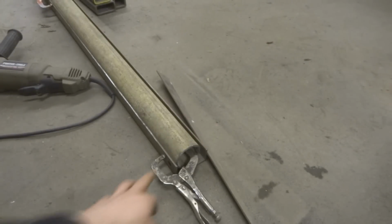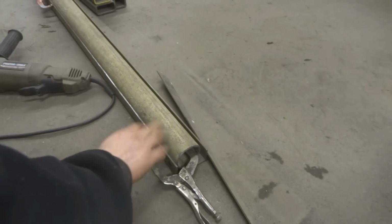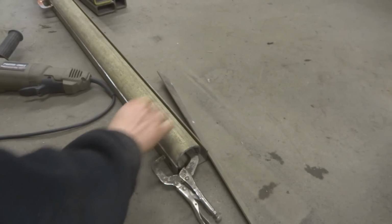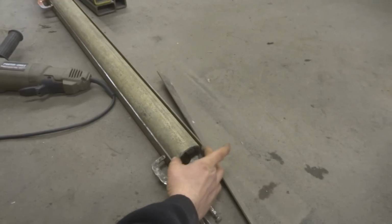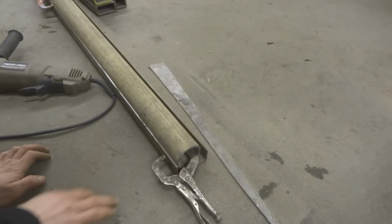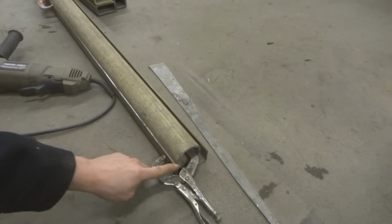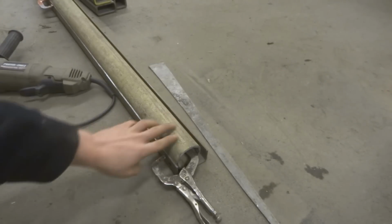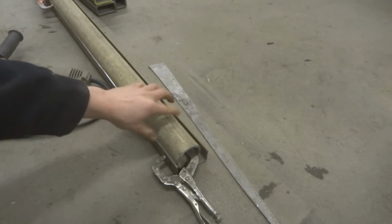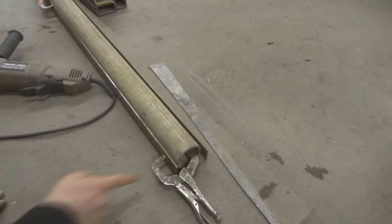Just a side note here, you don't have to have the exact size channel that you necessarily need, exactly half of this tube. Say this tube is 2.5 inches and you have any type of channel that's the right width this way. You can just space it up with something like some sheet metal, or if you have more tubing. For my example here, this is 1.5 inches tall from the outside to the inside where this sits. So that would technically put me off 1/4 inch each way. So I just took some 1/4 inch plate, put it in the center of this, and clamped it all down. So this is perfectly centered